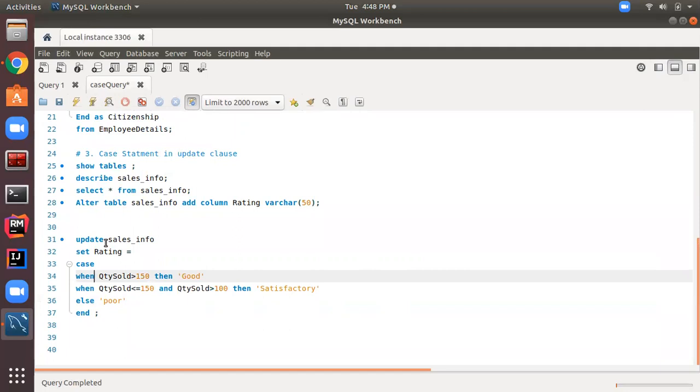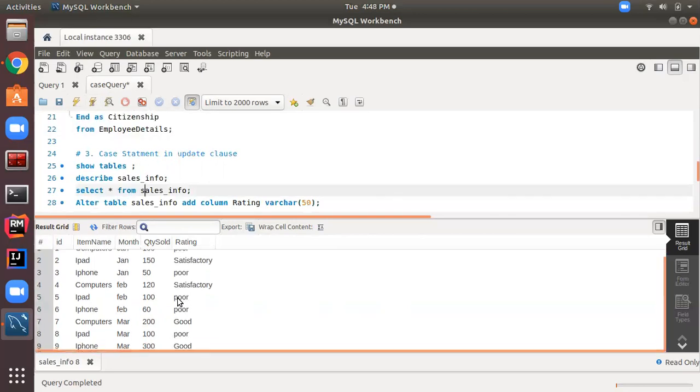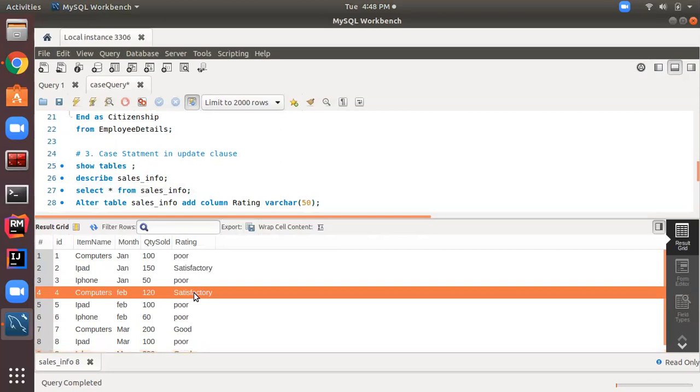So the query is completed. Let's check the sales info table again. See, it's showing the rating. Below 100 or equal to 100, the rating is poor. When the sales lie between 100 and 150, then the rating is satisfactory. For 120, it's giving the rating satisfactory.